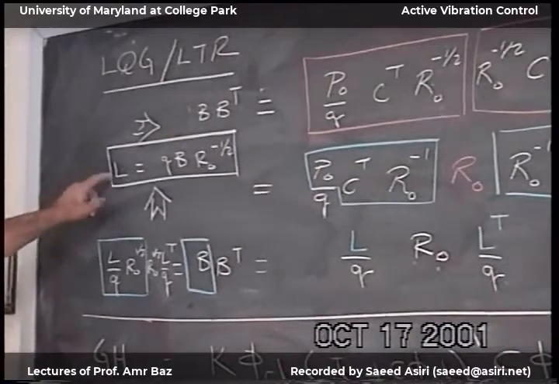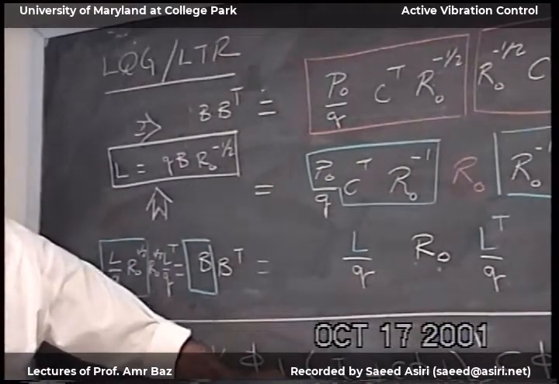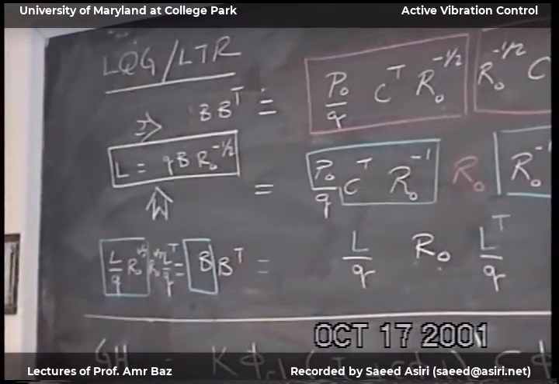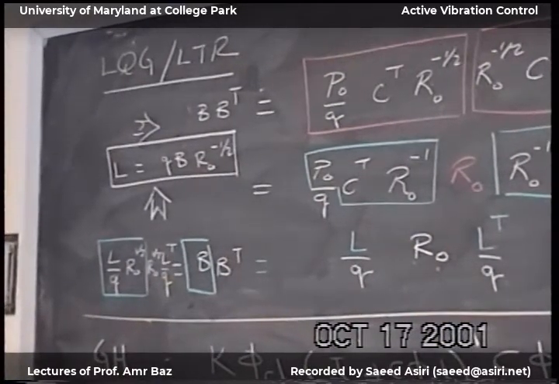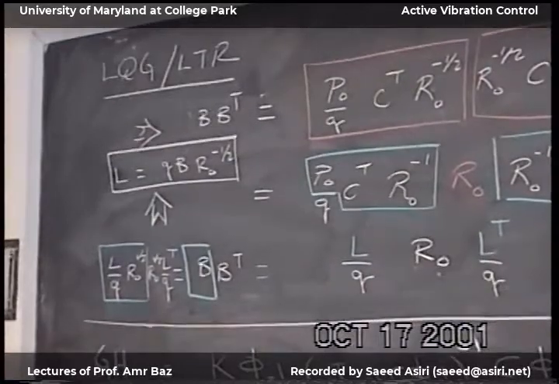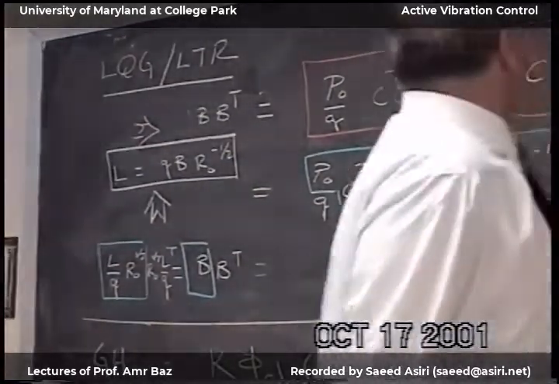Why? Because we're going to take this number now and plug it here. Anyone lost? Or we're okay? So from the Riccati, we just take the limit as Q goes very high, and then the resulting equation,